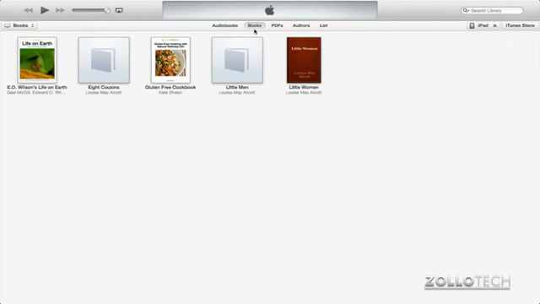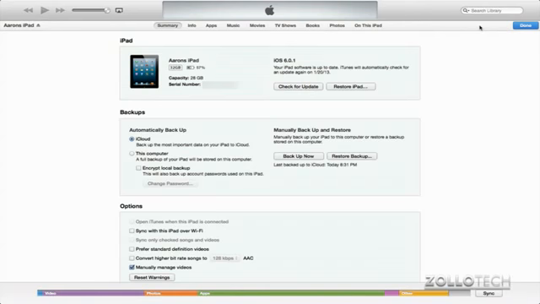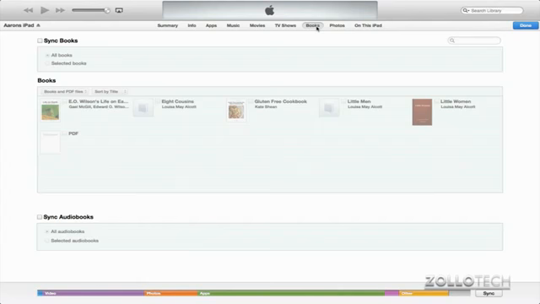Now there are a couple other ways you can do this as well. If I click on my iPad itself here in the upper right, you can see it shows information about my iPad. I can sync it via Wi-Fi, and if you really don't want to convert or change anything here, that's fine. It should work just as well. Since we're dealing with books, we'll click on Books here at the top, and you can see we have the